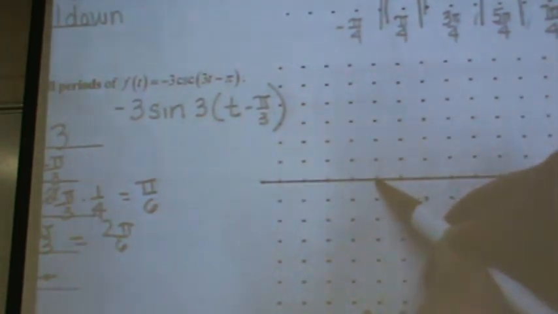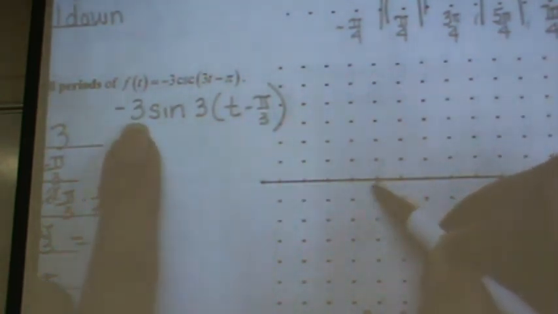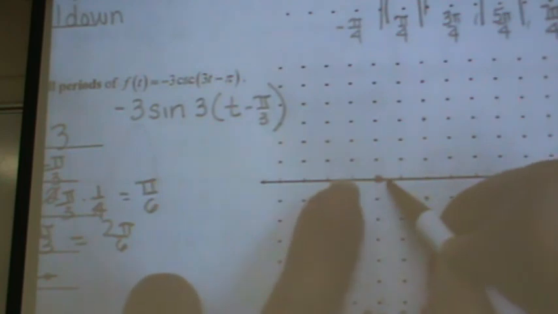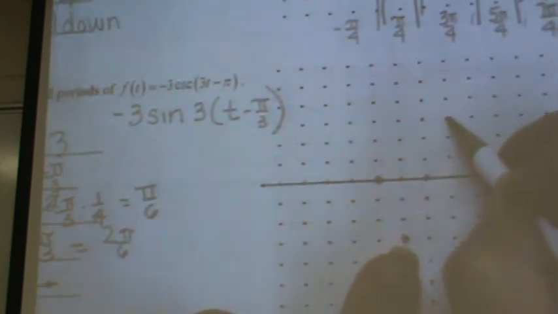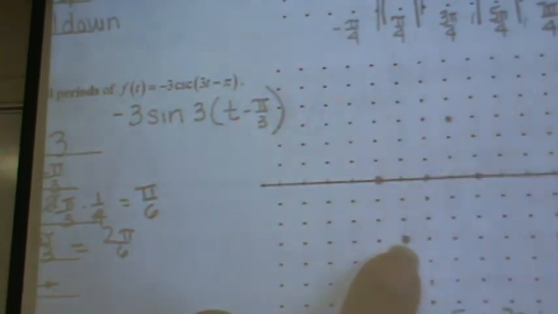And where are we starting? On the x-axis, and it's an upside down sine curve. So we'd start here, we're going to go 3 down. That's 1 full period. And there is 2 full periods. Okay, your